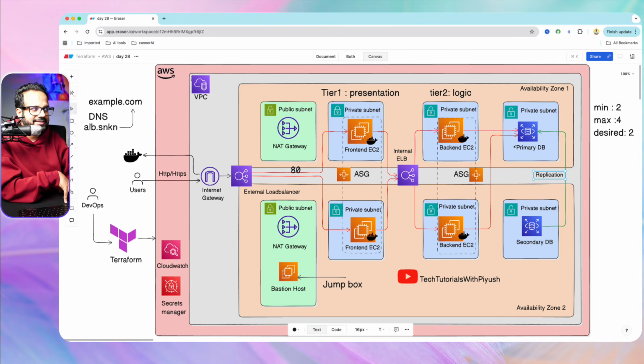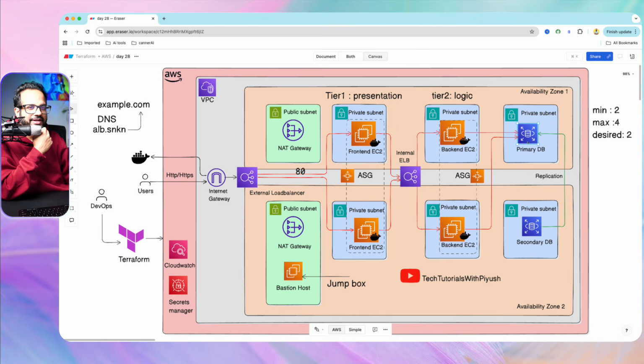So whatever writes are going over here, it will then be written to the secondary database. So these two servers are in sync. Okay, so let's say we have added something over here, so it will then be added over here with the help of this replication process that's been going on, right? And why do we need that? So we need to make sure that we are keeping both the servers up to date with the latest data,